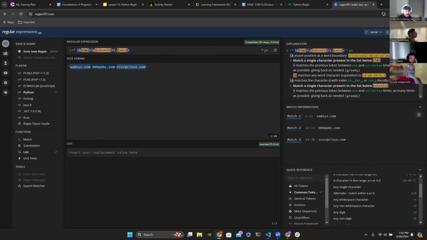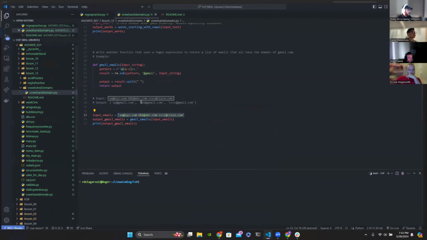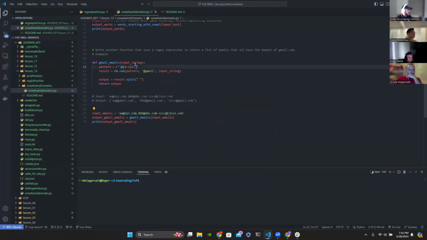I don't know why mine's not updated. I don't know what I was doing here. But we can essentially just replace this. All right, this is our regular expression. It starts with anything with the letter, lowercase or capital case, as well as underscores, one or more occurrences, and then it's gonna grab the at symbol. And then we can actually, for the sake of